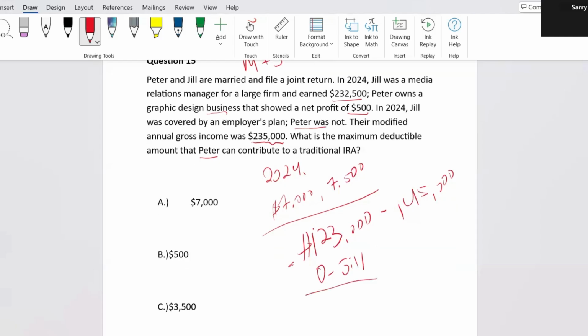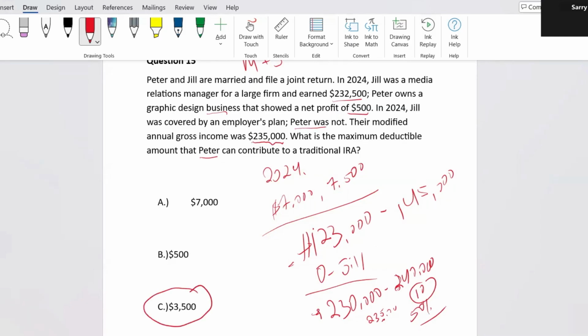Now, Peter, when you are filing jointly, the phase out is $230,000 to $240,000 for the non-covered spouse. Peter alone is outside of this amount, but their combined AGI is $233,000. The limits are between $230,000 and $240,000, so there's a $10,000 phase out. They are about halfway through it. So they're at $235,000, in the middle between $230,000 and $240,000, which means that 50% of the contribution limit is excluded. So for Peter, it's $7,000. He can do 50% of that, which is $3,500.